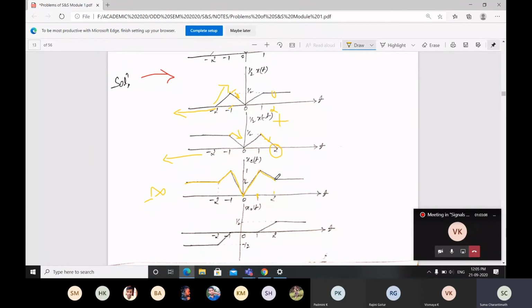Falling till 2, 1 by 2, and then here we don't have any signal, but here it is always 1 by 2 till infinity. For that reason, just make the signal straight with the amplitude of 1 by 2. This is how we will be getting the even part. Then to get the odd part, we have to subtract these two signals. If I subtract, this signal will be as it is, but you have to go for the negative sign.